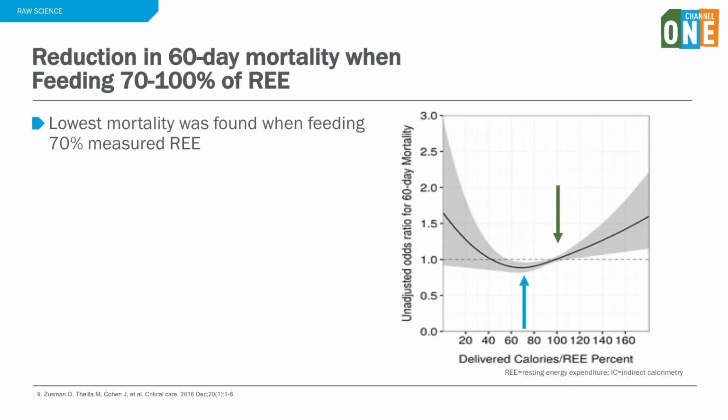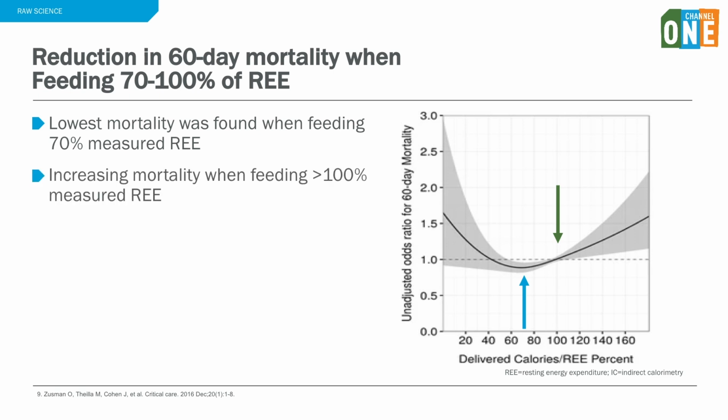Now, in looking at a large cohort of over 1,000 ICU patients, Zussman et al. found the lowest rates of mortality when feeding 70% of the measured resting energy expenditure. Alternatively, mortality rates increased when feeding greater than 100% of a patient's daily calorie needs. It's important to remember that appropriate feeding of 70% of REE can only be guaranteed when measuring versus predicting energy